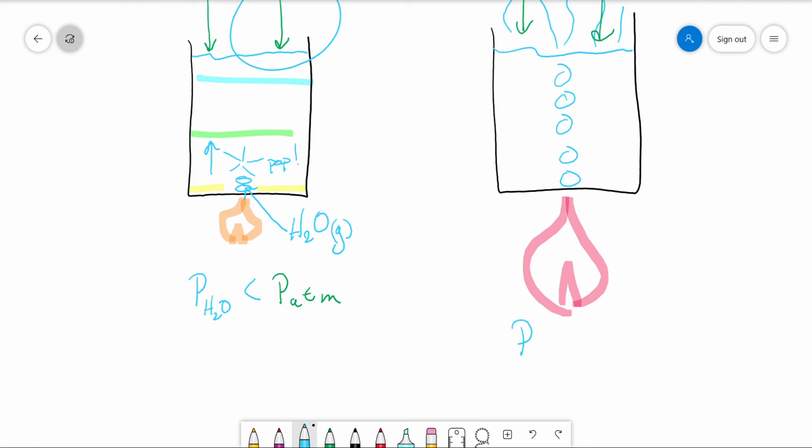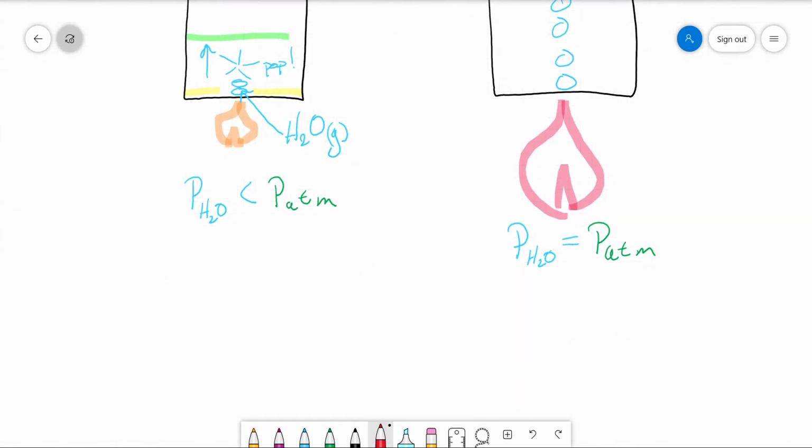When we get to this point, PH2O is now equal to PATM. Some of you might have maybe wanted to say greater than. That's a situation we call superheating, and that can cause violent boiling that chemists call bumping. Okay, you superheat the water. There's reasons for that. It gets above the boiling point, and it will boil violently all of a sudden all over the place. So, normal boiling point